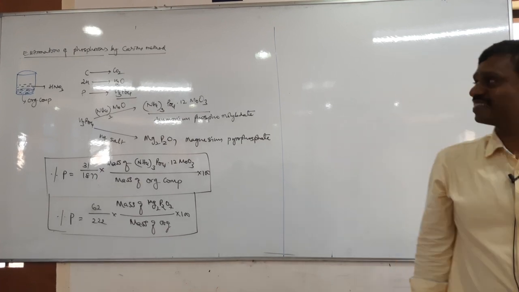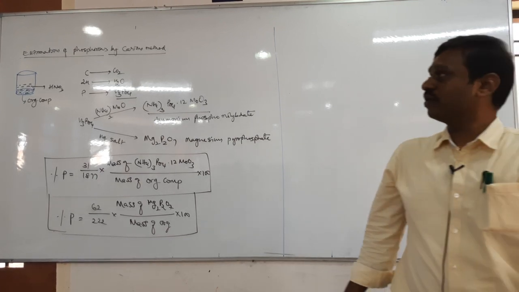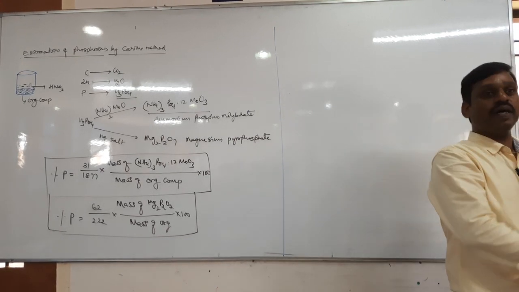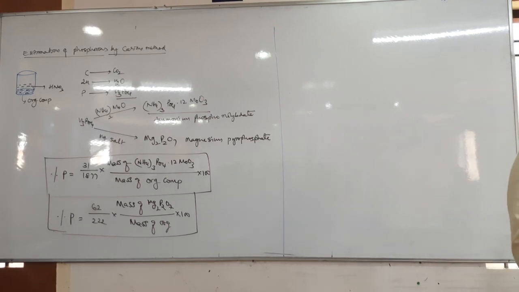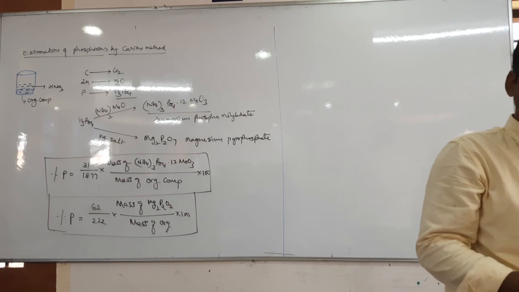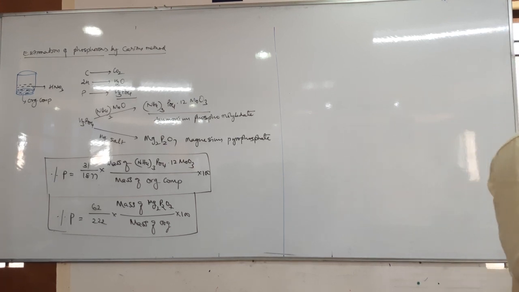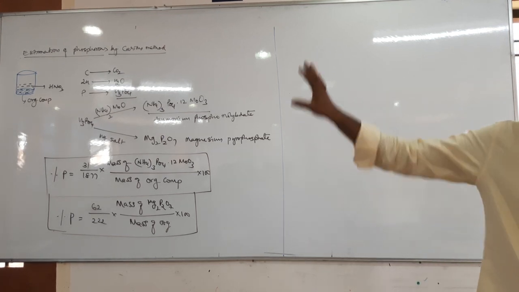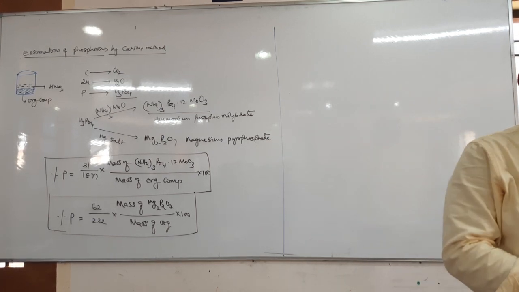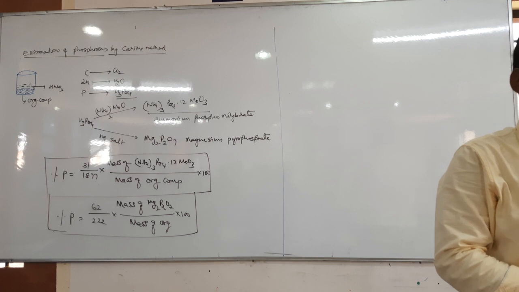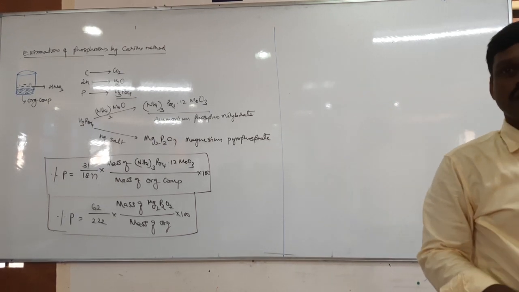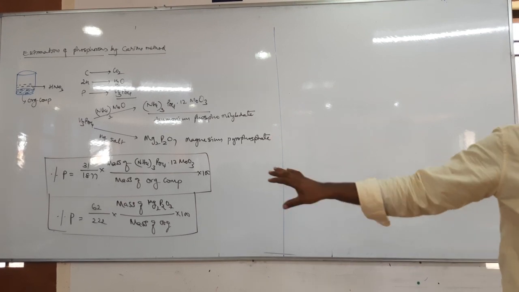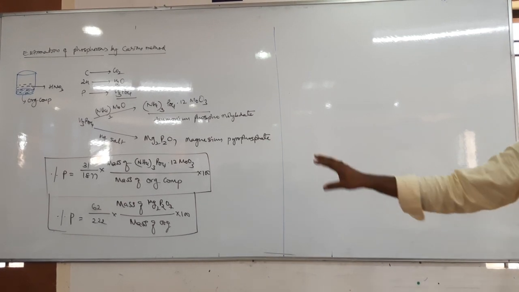Right, so this is how estimation of phosphorus by Carius method. Now see, as I told you, estimation of hydrogen, carbon and sulfur, all halogens and phosphorus, is exactly the same method, Carius method. Okay, in all Carius method, even Liebig's method also, the same formula will be there. So I think till here no confusion will be there unless you forgot